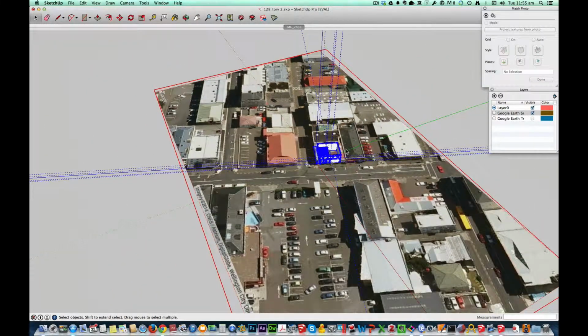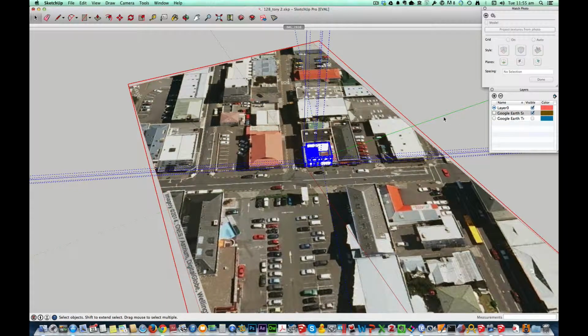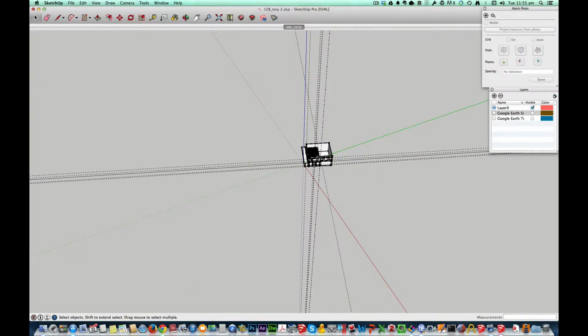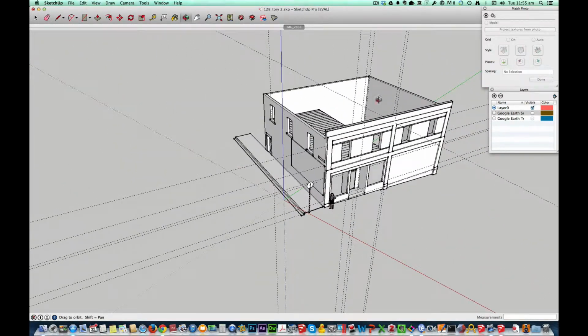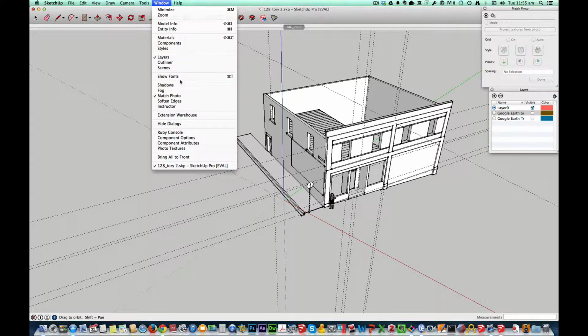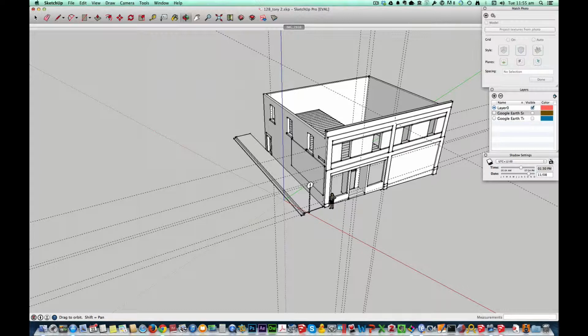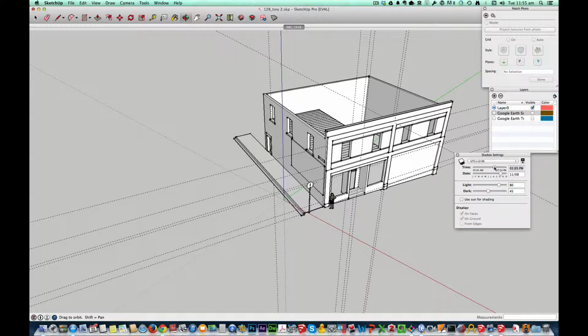But what that now has done is the blue line is north, and we can turn that back off and zoom in a bit, orbit. We can play with the lighting, so if we go Window and Shadows, and we can extend that down, so lighting, shadows, it knows that we're in Wellington because we pulled that map. We can adjust those, use sun for shading,